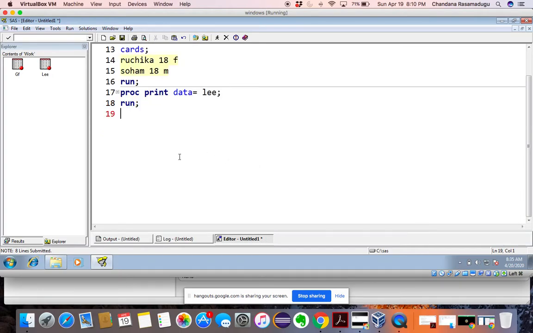Now see the second method of creating libraries.